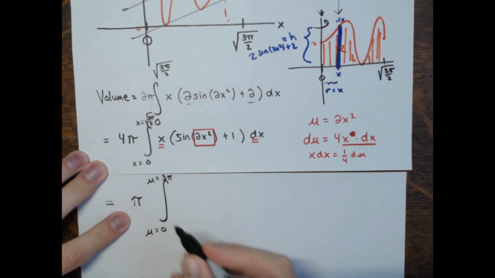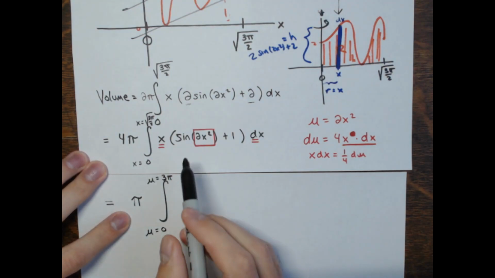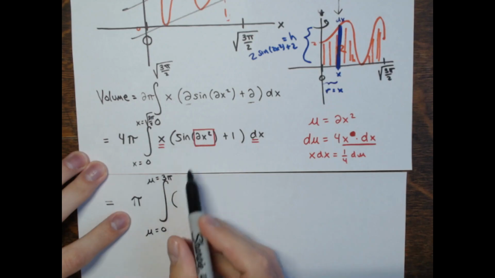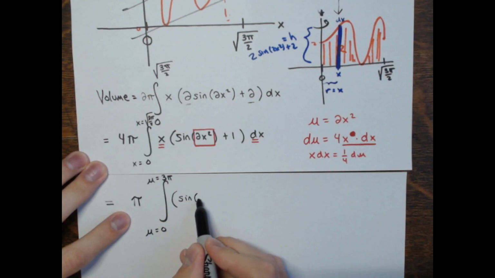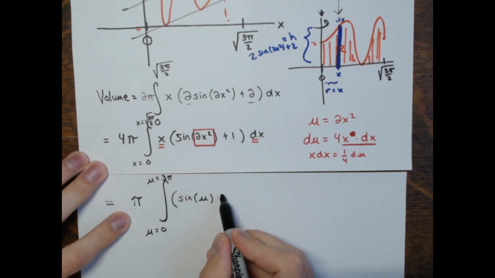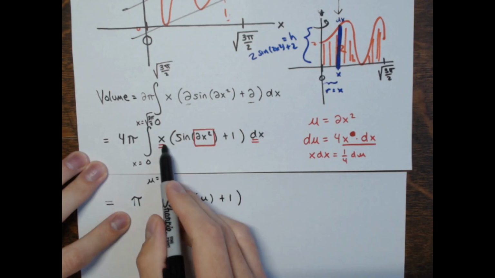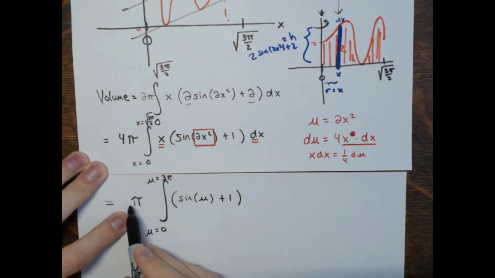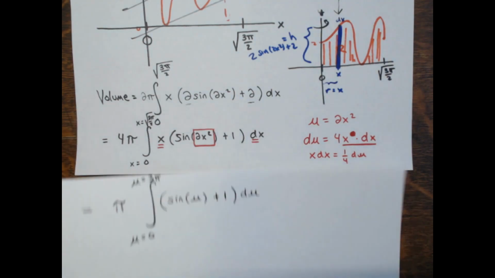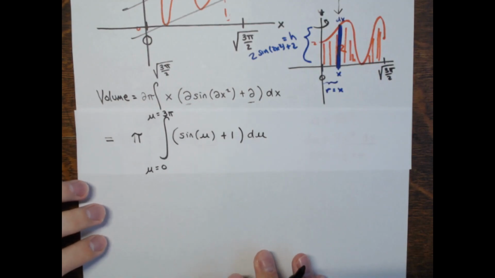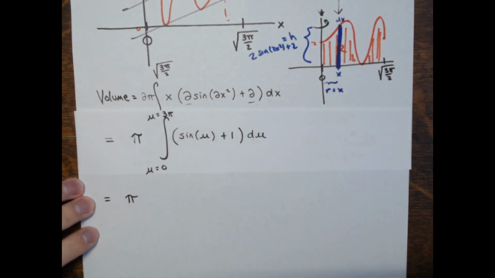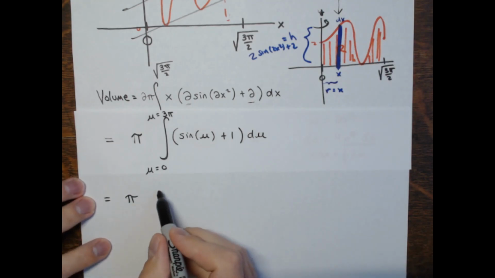So now we're just taking the integral from 0 to 3 pi of, and then making my substitutions in here. For the sine of 2x squared, that becomes the sine of u, right? u was 2x squared, and then plus 1. And then the x dx, I already replaced it with a quarter du and pulled the quarter out, so that du is still in there, right? And here we go. Now we're doing this much simpler looking integral. And so this is pi, and then times,